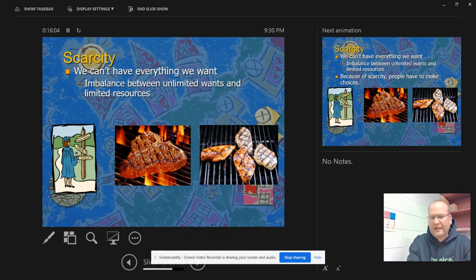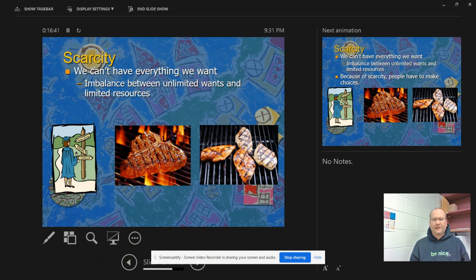Some things are more scarce than others. Like imagine us in this classroom here, where there are like 25 of us. If we all locked the door, we sat in here for 3 days with no food or drinks, and all of a sudden, Mrs. Knoth, our principal, by the way, if you didn't know, that's who that is, after 3 days, she walks in and she just tosses like 100 pizzas in the room. We're all good. Like we got plenty of pizza. It's not very scarce. So we might quick go grab a slice or two, but then we're just going to sit down and we're just going to eat.